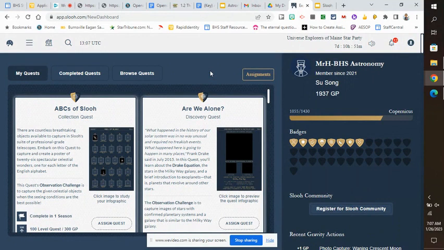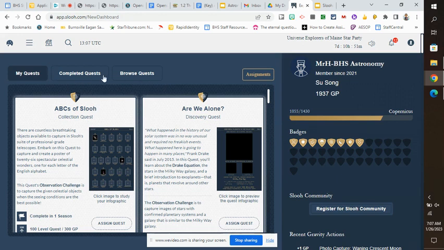So Slooh is a website, a program that we'll be using. What we do in Slooh is we actually access telescopes in the Canary Islands and in Chile to take images of things in space, and there's some text and reading and questions that go along with those to help us learn more about astronomy. So it's kind of an addition to our online textbook and the things we do in class. Kind of the overall way that Slooh is set up is you have a dashboard,